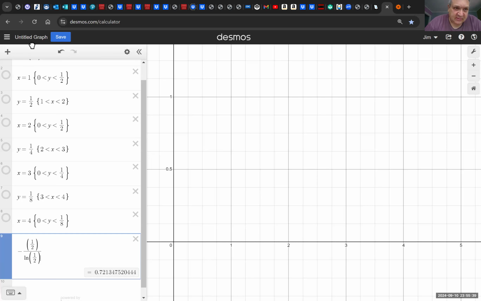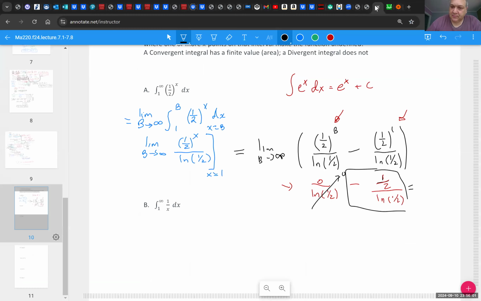It's an irrational number. I'll round it to 3 decimal places. Like I said, I prefer the exact value, but I think a lot of students are uncomfortable with answers that look like this. So you can convert it into a decimal. Positive, there's no negative. 0.721. So I'll say approximately